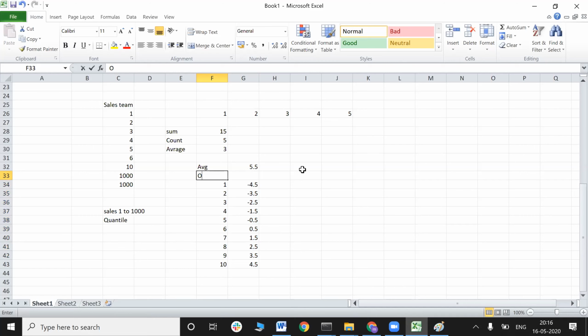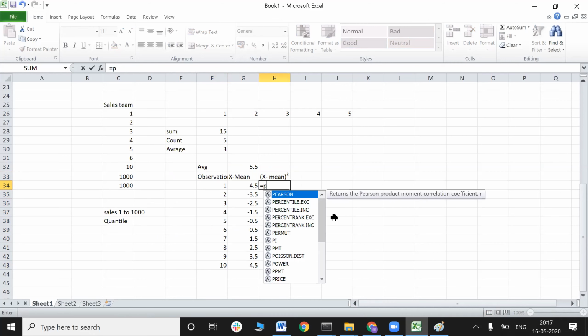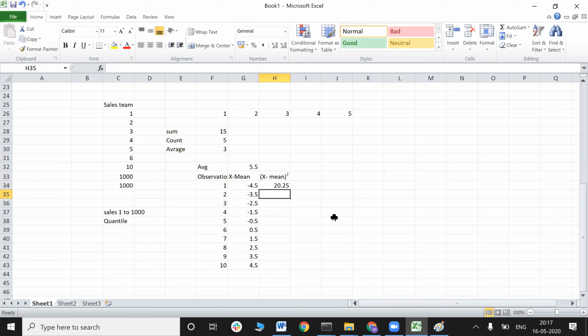These are my actual observations, this is my x minus mean, but it has both negative and positive. So what I'll do is x minus mean, and square it. I'll put a superscript with square, power of 2. So this is my square.